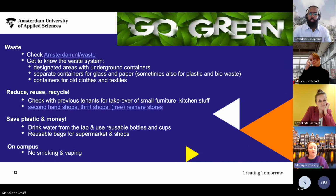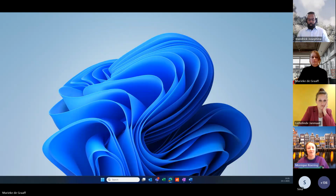And it's good to get to know the waste system to avoid any fines, because there are very high fines if you do not do exactly as it's told. For example, there are designated areas with underground containers, and there are separate containers for glass, paper, and in some neighborhoods also for bio-waste and for plastic. And there are containers as well for old clothes, but that's something you have to think about at the end of your